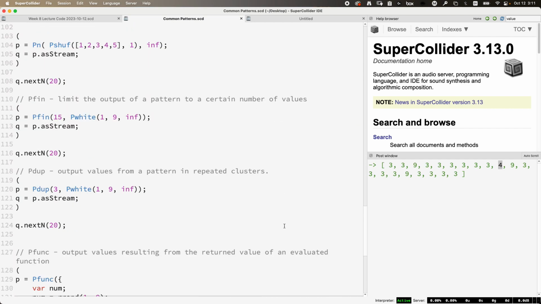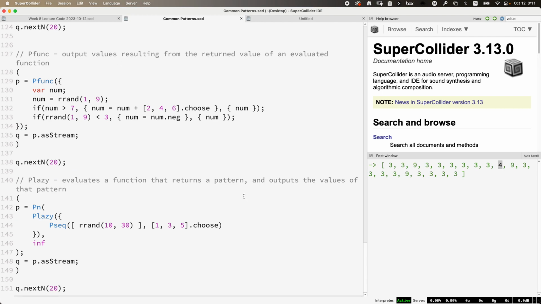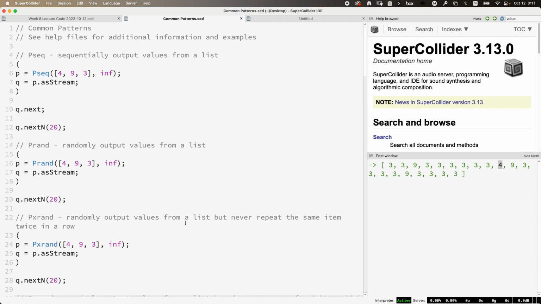A lot of them are very simple in terms of how they behave. Then we get to a few more interesting ones. I sometimes call these choose your own adventure patterns, Pfunc, Plazy. It's like a define-it-yourself kind of thing. Pop into the help files to see more examples for each one of these. And I'll stop it there. There are also parts throughout tutorials 10 and 29 on YouTube, which introduce various patterns and talk about